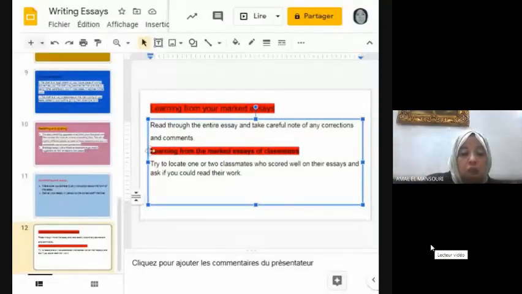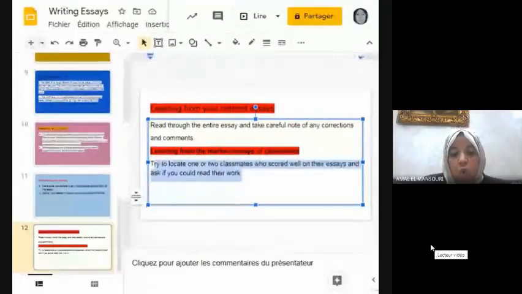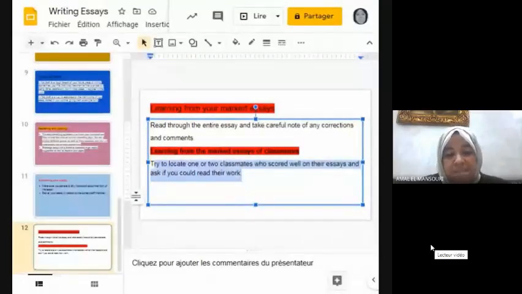Learning from the marked essays of classmates. Try to locate 1 or 2 classmates who scored well on their essays and ask if you could read their work. I think this is very essential because there are always some good students who are good at writing good paragraphs and essays.